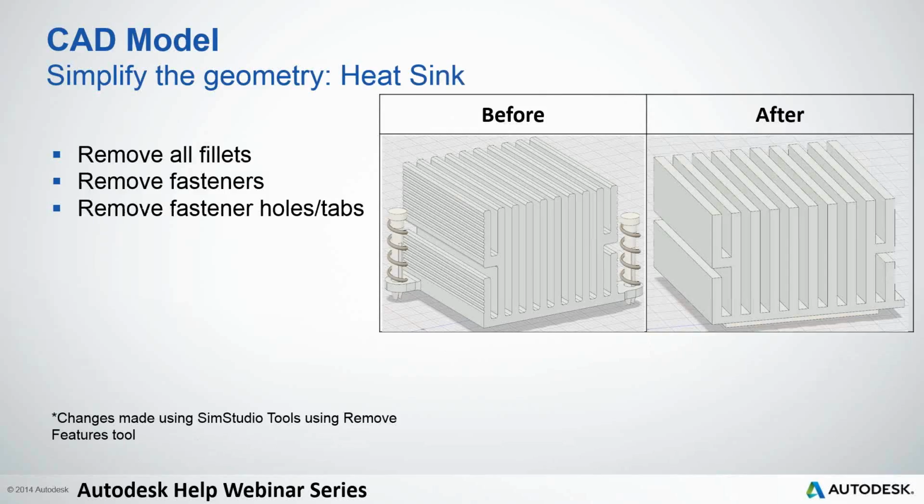I simplify the heatsink as well. One of the questions you have to ask yourself right off the bat is, can I afford to mesh the heat sinks and model them as is, or should I replace them with the heatsink material? The heatsink material is used when you know your element count is going to get way too big. Basically, it replaces the physical heatsink that we see in this image with a box, and you identify